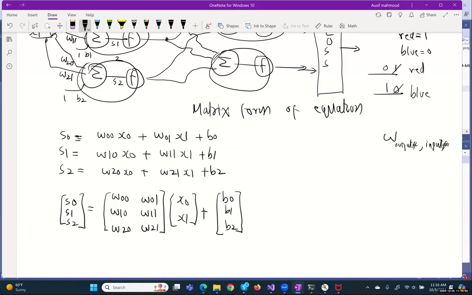And you can verify that this matrix equation that I wrote over here is exactly the same as these three equations, because if you expand it,